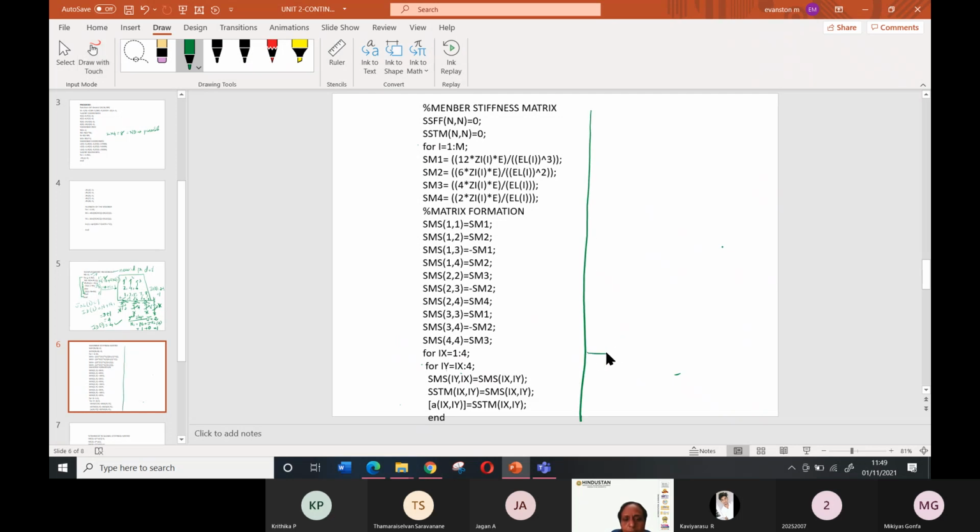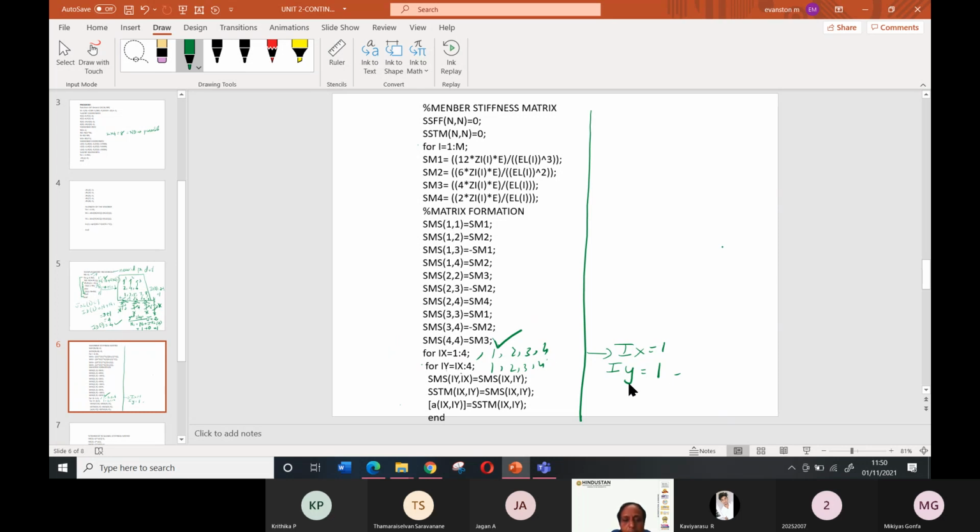Now Ix has become 1. So I have to calculate Iy, now it is my Ix 1. And because it's a loop, it will go from 1, 2, 3, 4, 1, 2, 3, 4, like that. So first, this loop will remain 1, then it will complete up to 4.